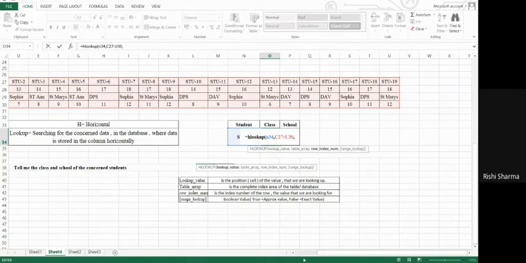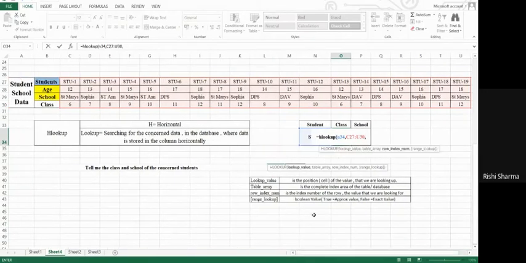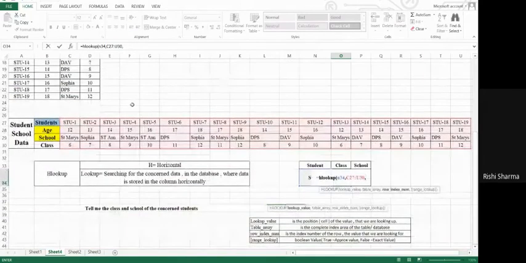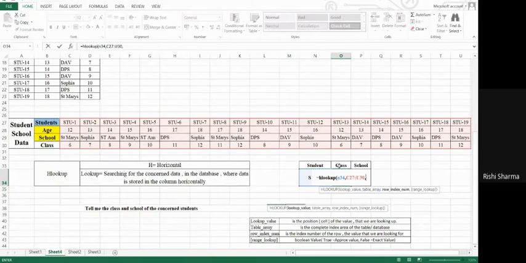If you see here, guys, the value that I'm looking for is class. On which row is class? Class is in this particular index, 1, 2, 3, 4. It doesn't matter where it is from the top of the Excel sheet, so don't worry about where it is located. If in the Excel sheet it is number 27, we are not concerned about that. We are talking about this particular table array. In this table array, class is located at row number 4.